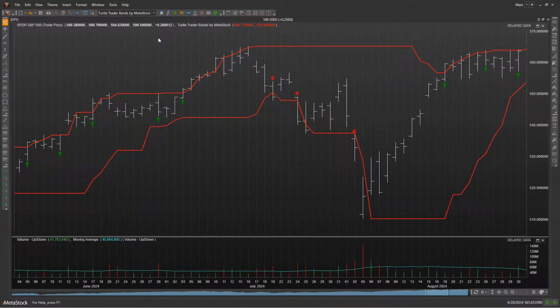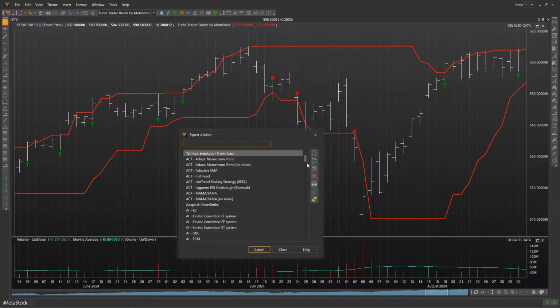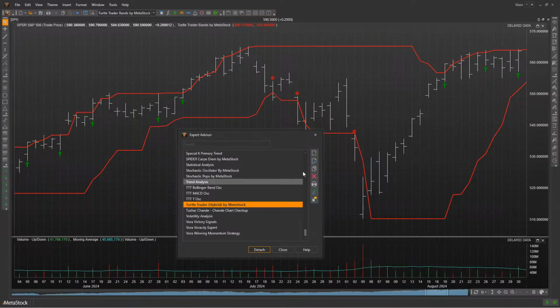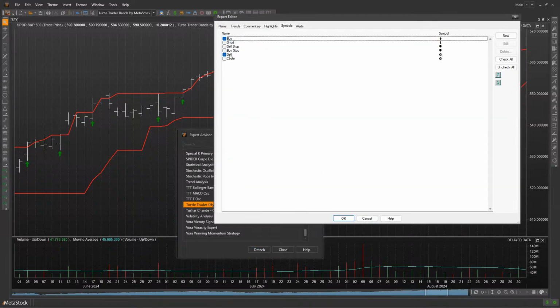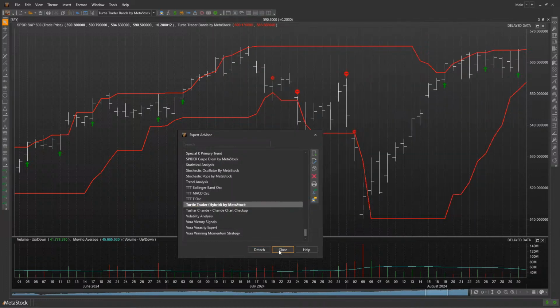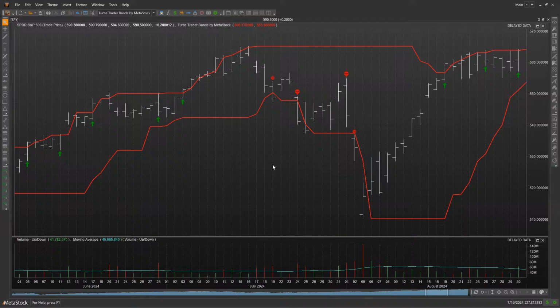So now a third thing that I want to add to it is, again, I'll go back down to it. I'll click on the turtle system, click on the edit button. And this time I'm going to add, for example, the sell stop right there. We'll click on OK and then click on close. And now what you'll see here is that you're going to see some other signals on your chart that are going to have the word stop inside of a little stop sign there.